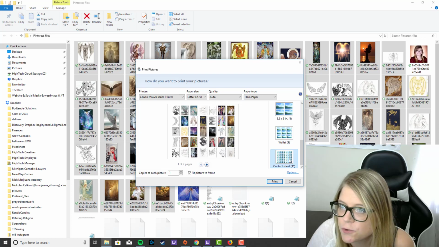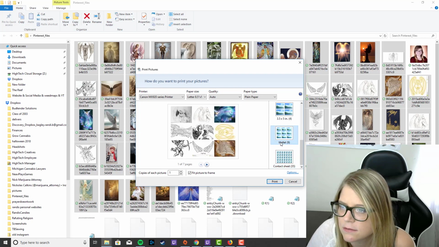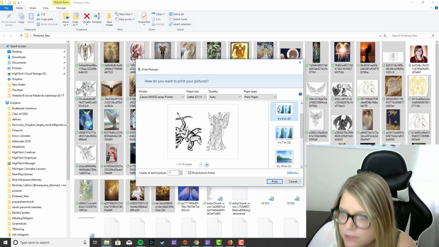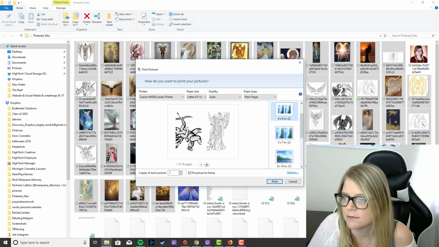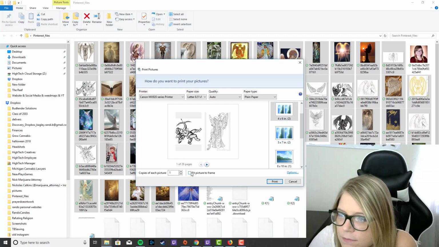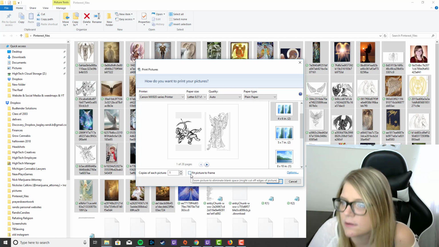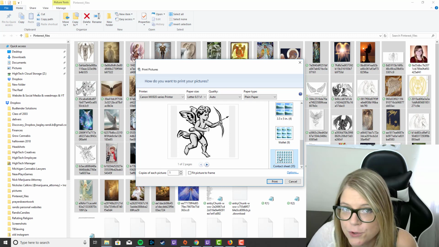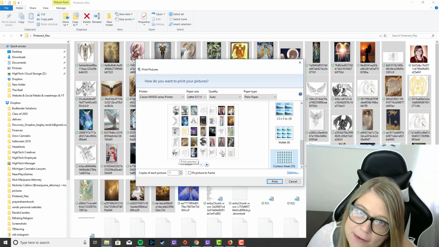So you can print two side by side. Make sure to unclick fit picture to frame so it'll all be on there. And then press print. This will print all of the pictures out for you without any of the background information and without any of the text.